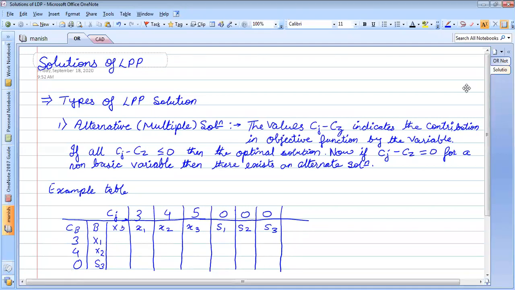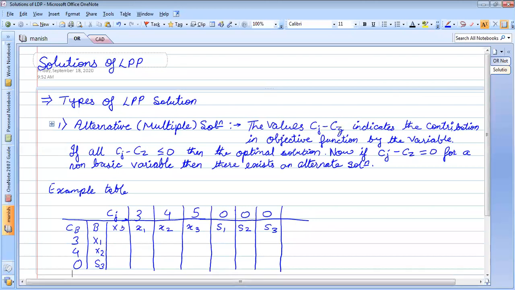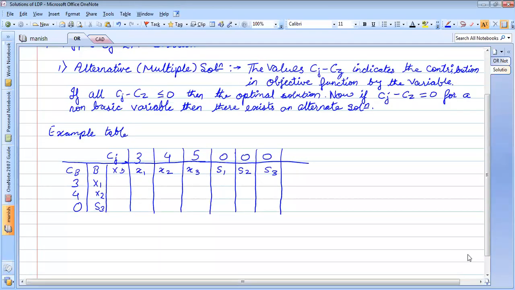What does Cj minus Zj indicate? The value Cj minus Zj indicates the contribution to the objective function by the variable.